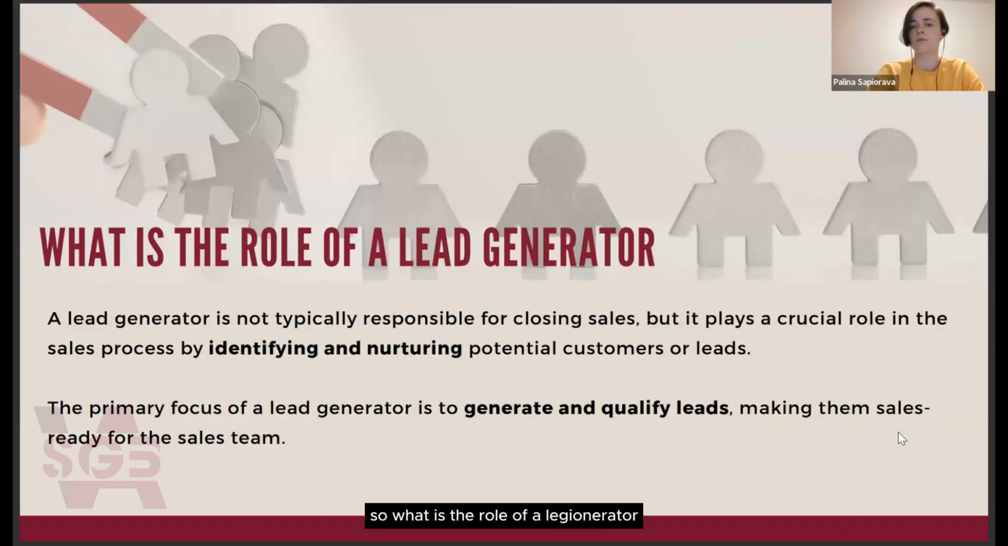So what is the role of a lead generator? The main thing here is that a lead generator isn't typically responsible for closing sales. It plays a crucial role in the sales process by identifying and nurturing potential customers or leads. The primary goal of a lead generator is to generate qualified leads and then connect them with the sales